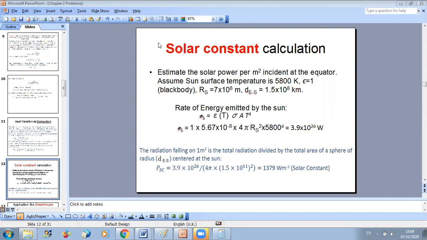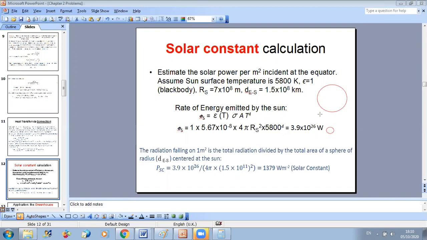Okay, so let us consider, and you know that the sun is very large compared to the earth. Because the radius of the sun is very big compared to the radius of the earth, we can consider that, with respect to the sun, the earth is nearly a point. Okay, and we know that the solar radiation emitted by the sun will be received by the earth. The purpose of this problem is to calculate it as if I don't have the atmosphere, if I don't have anything. Okay, so of course it's an assumption, it's not true, because I have the atmosphere, and you will see that